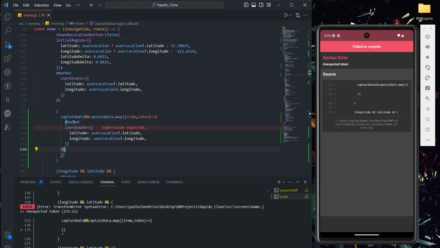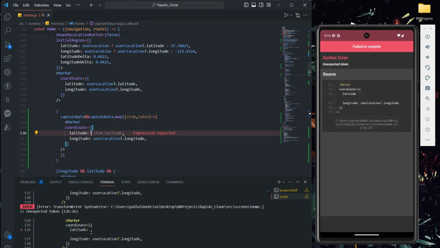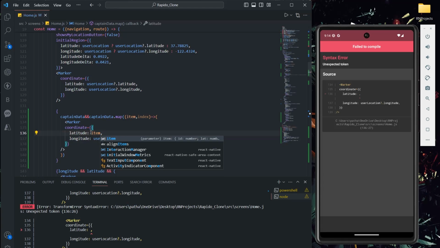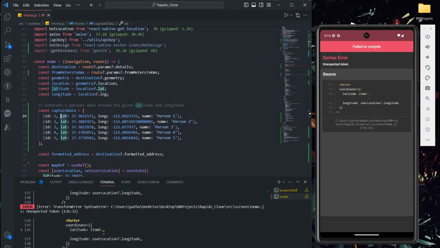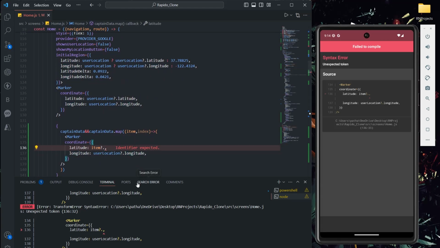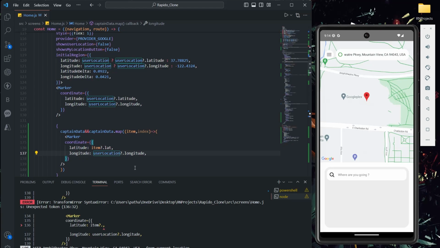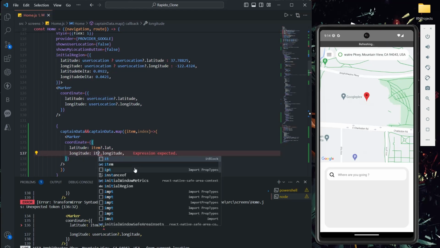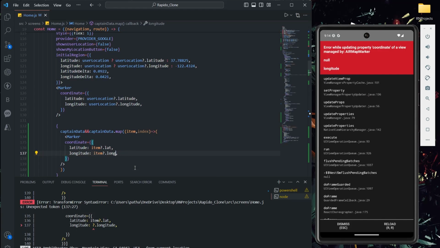Simply copy that and paste it here. That's it. And as usual, instead of this user location, I have to show item question mark, just for null safety I kept the question mark. So lat comma long, these are the values I have to access. Directly I'm going to pass lat, I will say item?.lat, and in the same way let me remove this user location here and simply pass item?.long.